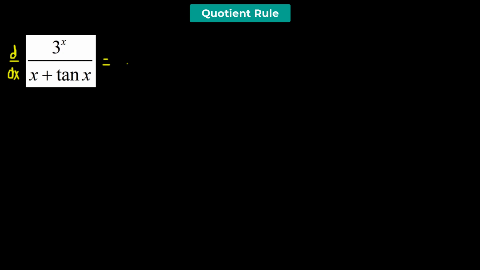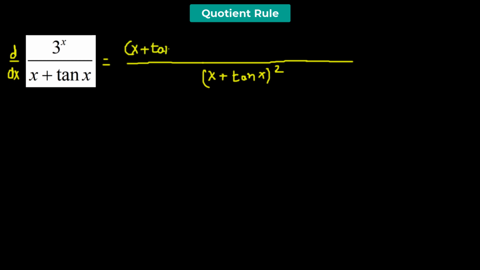So we'll have x plus tangent of x whole squared in the denominator, and in the numerator we start with the denominator function, which is x plus tangent of x multiplied to the derivative of the numerator, which is 3 raised to the power of x, minus the numerator times the derivative of the denominator, which is derivative of x plus derivative of tangent of x,